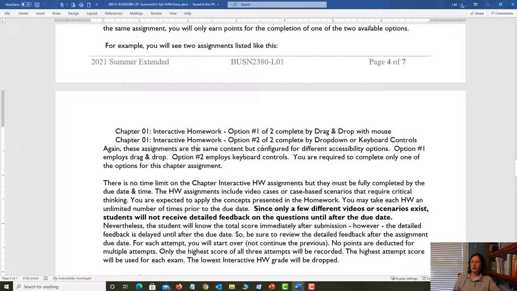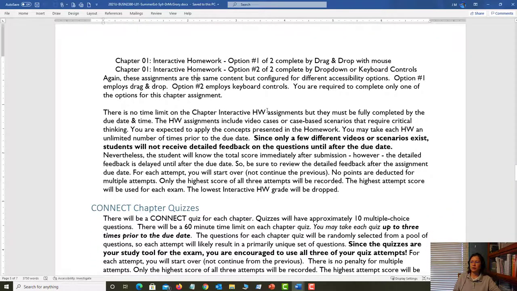Again, these assignments are the same but configured for different accessibility options. Option number 1 employs drag and drop. Option number 2 employs keyboard controls. You're required to complete only one of the options for this chapter. There's no time limit on these for the interactive homework, but they must be fully completed by the due